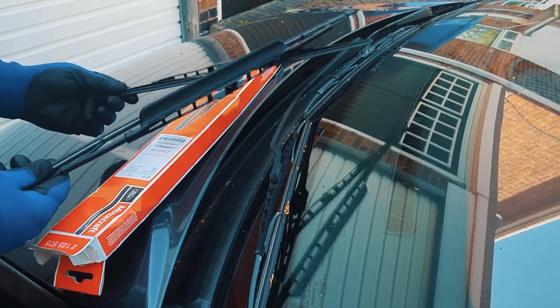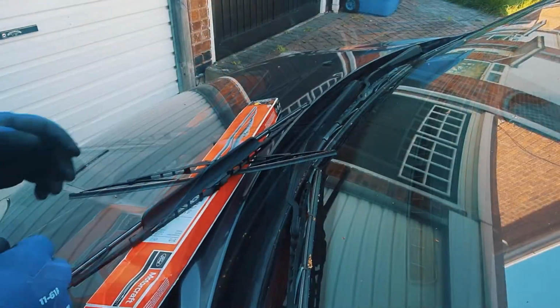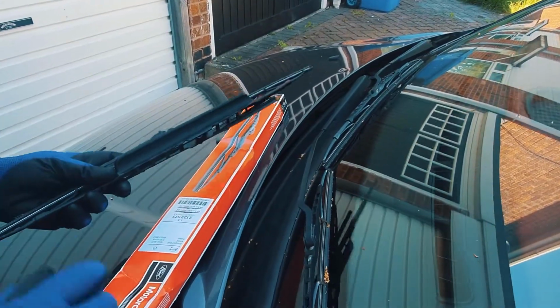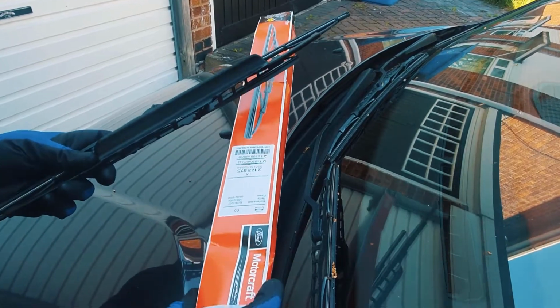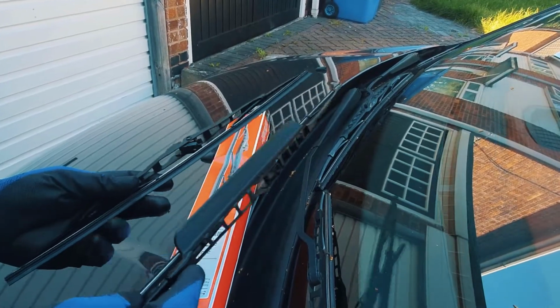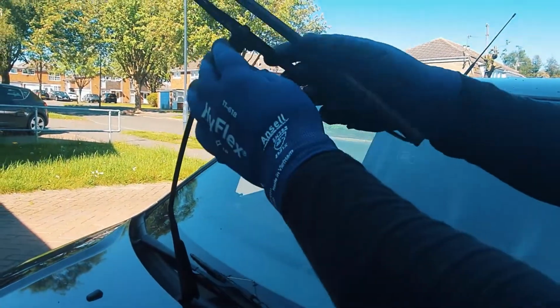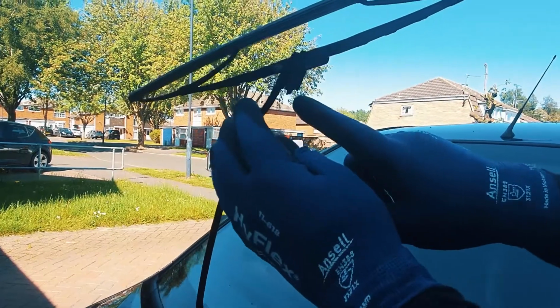Today we're going to be fitting new wipers on the car. The wipers that I purchased were from Ford, so they're original Ford Motorcraft. So now we're going to replace them. Let's get started. So what we need to do is, if you have a look here, there's a clip there